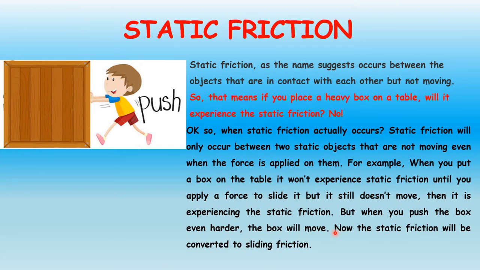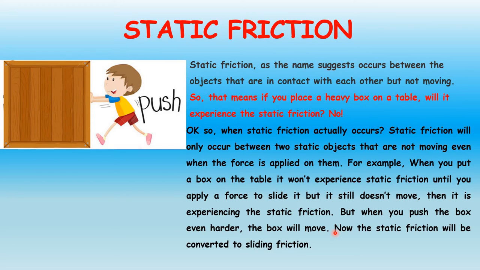You can see a boy trying to push a wooden plank. Children, I will give you a simple example. You have a study table in your room. The legs of the table and the floor of the room are in contact with each other. What is friction? How do we define friction? It is a force which opposes the relative motion between two surfaces which are in contact with each other. So we should have two surfaces and they should be in contact with each other, and there should be a relative motion between the two surfaces.